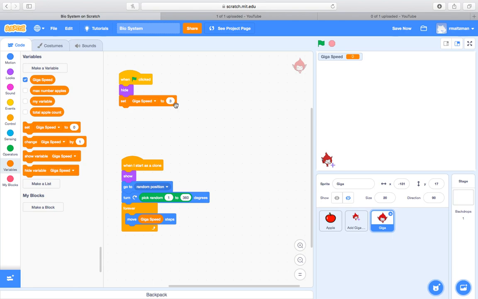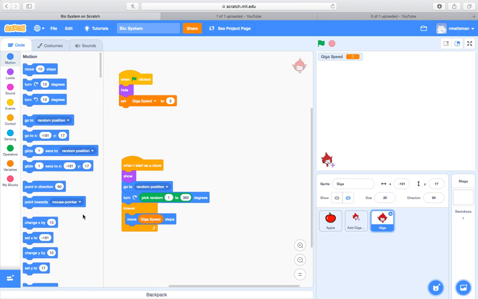And again, using these variables here and putting them at the top allows me to change things so much more easily than having everything be hardwired. As a programmer, you don't want to have your variables hardwired and buried in there. It's much better to have your variables be easy to see, easy to understand, and be able to change them at the top. So we're going to move gigaspeed steps,